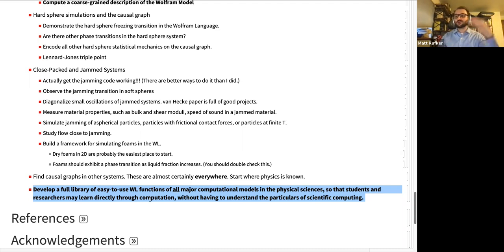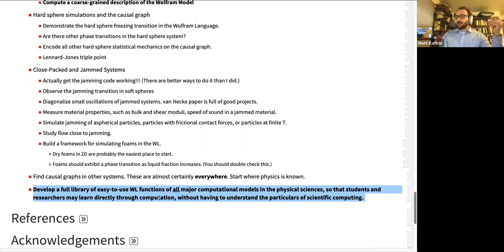The function repository is the pipeline for people who aren't explicitly employees to get things into the language. And I think people should generally be heading in this direction, because the world does not need to know about scientific computing techniques to do scientific computing. Somebody needs to understand how these work, and then every high school student who's learning physics in the country can run a hard sphere simulation without having to think about this. That's a really exciting prospect, because a lot of people might learn that way.